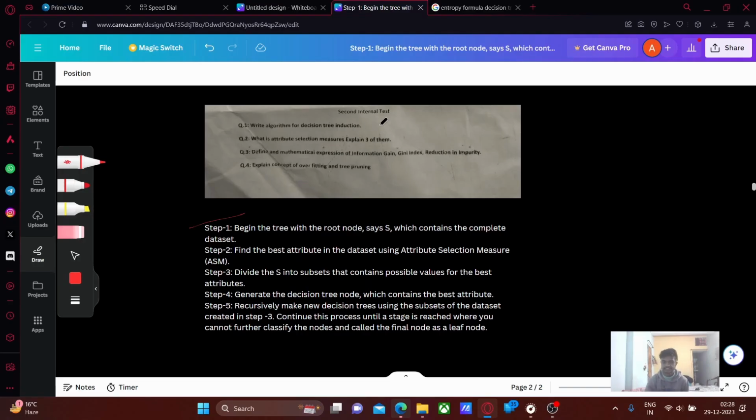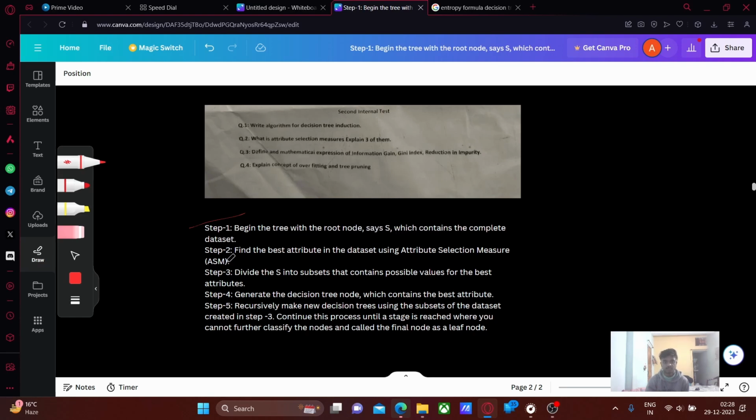To solve the second internal paper of data science. Our first question is, write an algorithm for decision tree induction. So our algorithm for decision tree is: begin the tree with the root node, say S, which contains the complete